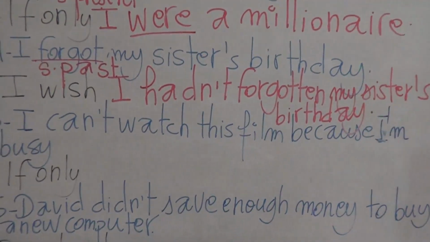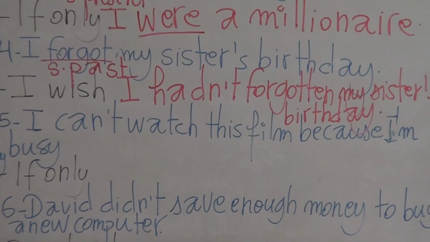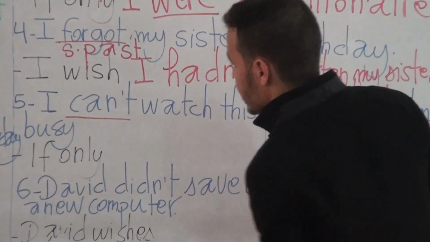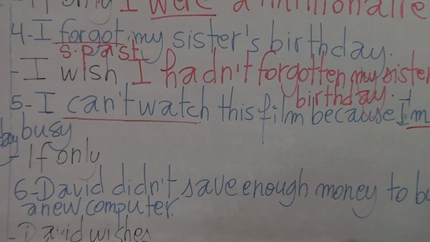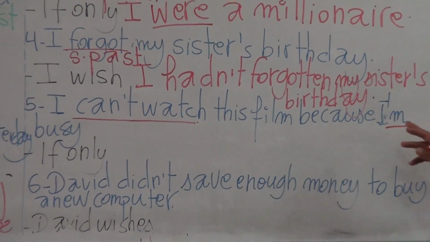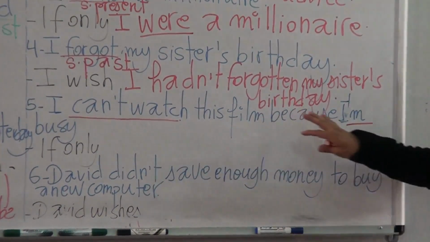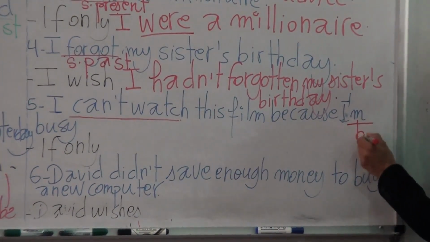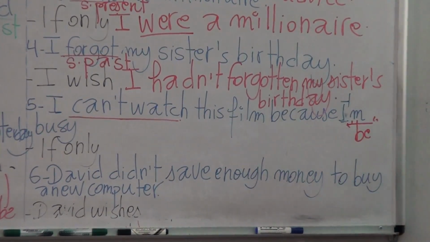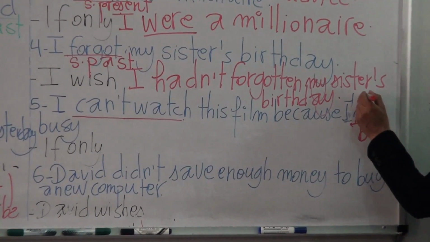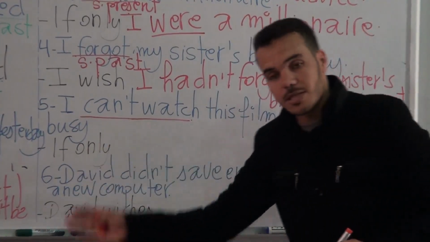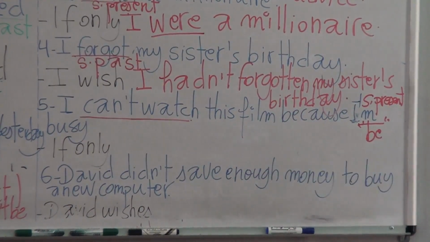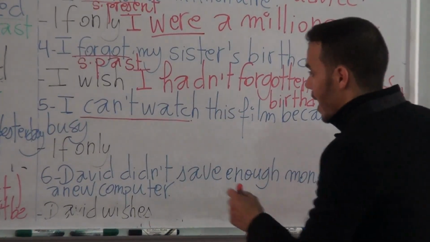Number 5. I can't watch this film because I am busy. Right. What is the verb? We have here can't watch, and we have am. Right. So this is the present, and this is the present. This is verb to be. Right? Verb to be conjugated in the simple present again. So what do we do here? So this is, or we make a wish about the present. So what can we say? If only, or I wish